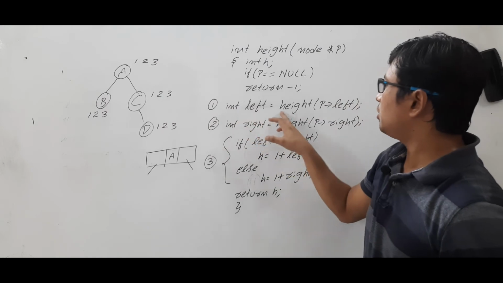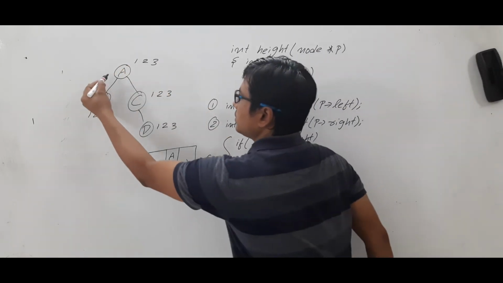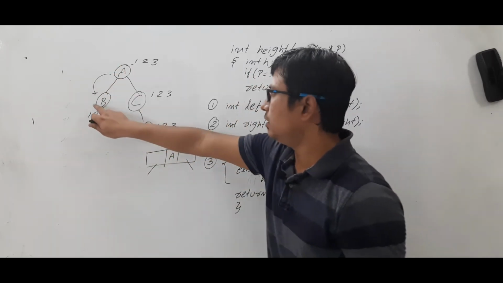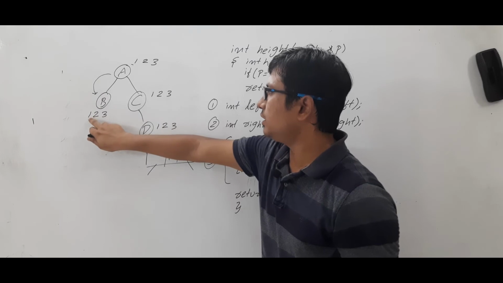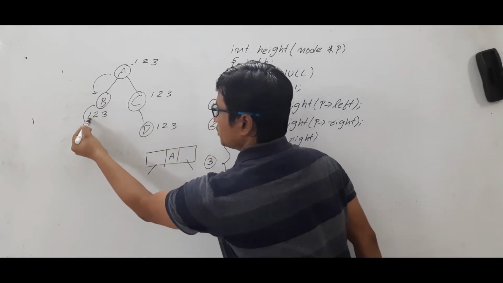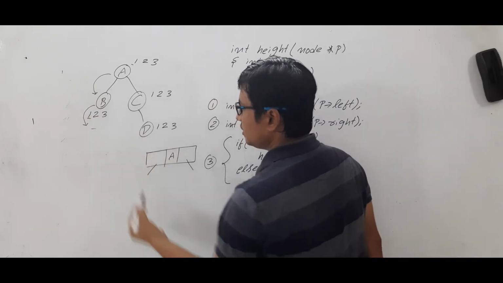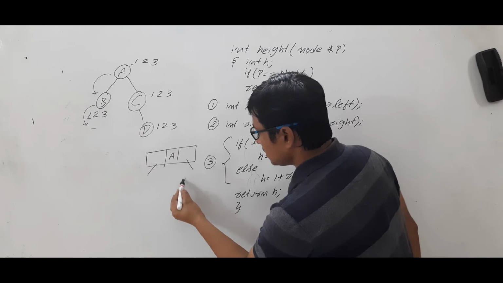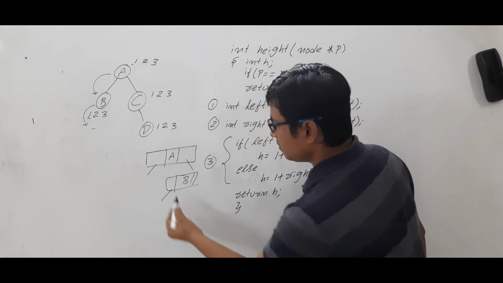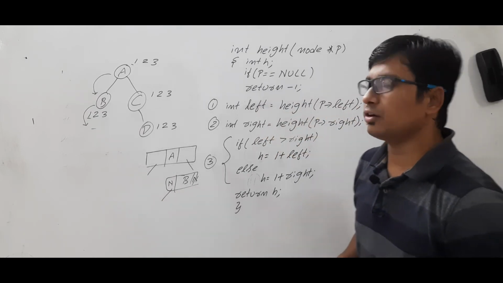Now you need to compute the height of the left subtree. So you will go here. Are you able to understand? You have executed the step 1. Okay, you will go here, and here again you will go to this one, because you need to execute the step 1 here. Now it is a leaf node, because B is the leaf node, so its left will be null and its right also will be null. Am I right or wrong? Will you agree with me?